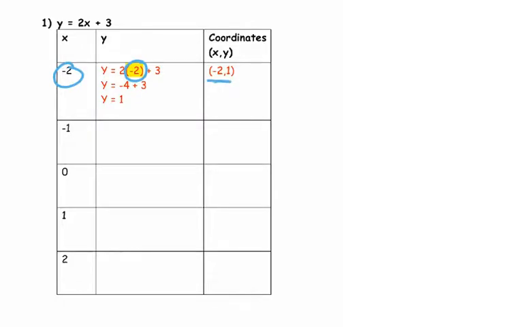So basically all you're doing is taking the value of x, which is given to you in this column, and you're substituting it into the equation right here. So whatever x equals, you put right there. And then you solve it, and then you get what your y is. And then you're going to write your coordinates here. For this one, it already told us that x equals -1. And remember, these coordinates are x, y. So x goes first. We know that x equals -1. So now we just go